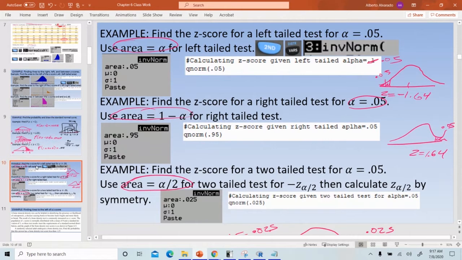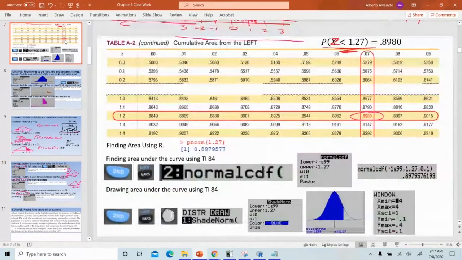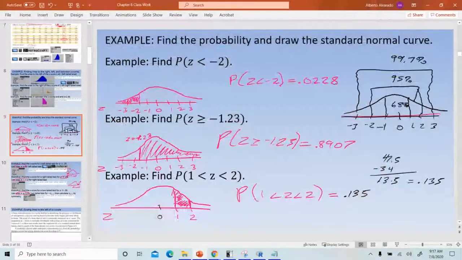So in this case, you're not going to use normal CDF. We're going to need to use something else, which is inverse norm. And I think we covered it, but I didn't talk about the table. Inevitably, every semester I have somebody that likes the table, which is fine. But if you want to use the table, then